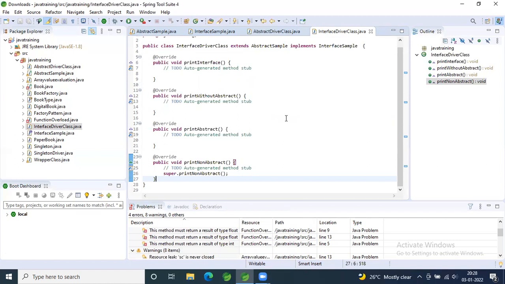And the iPhone 11, 12, and 13 have a different camera feature, which I can give from the interface sample class. So I can achieve both things through the abstract class and the interface, where complete abstraction is obtained through the interface and partial abstraction is obtained through abstract classes.